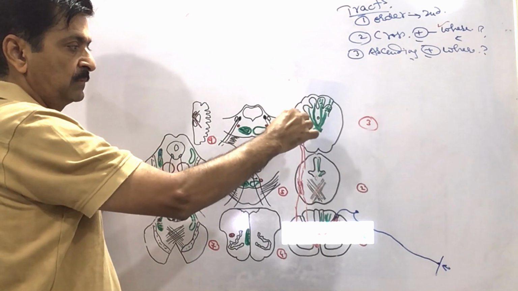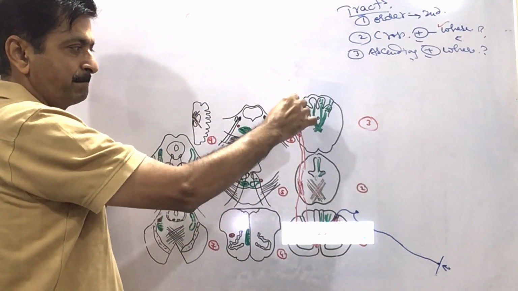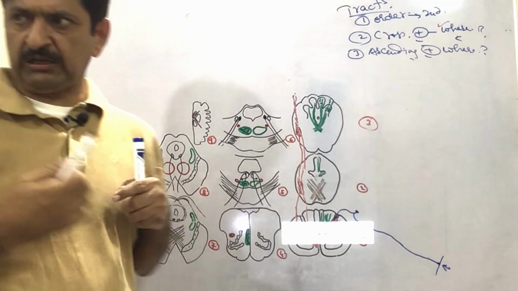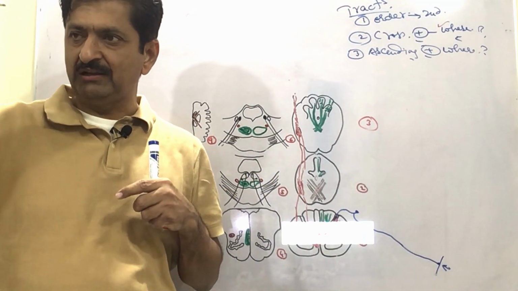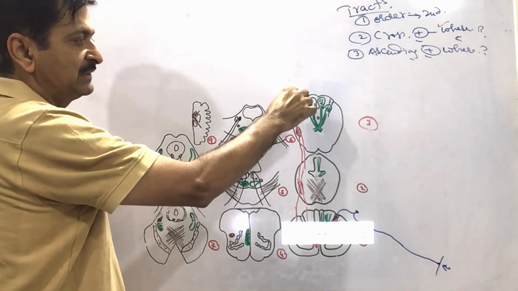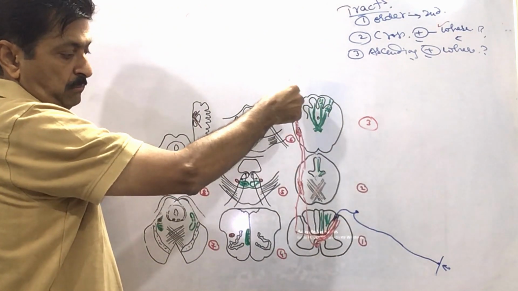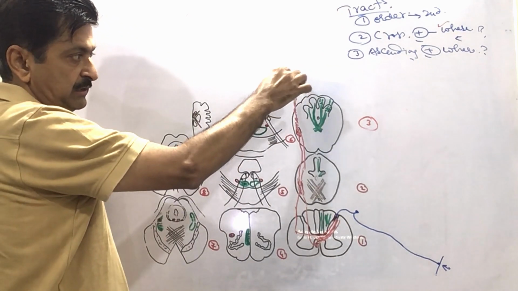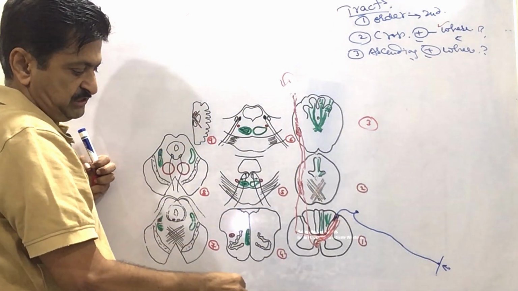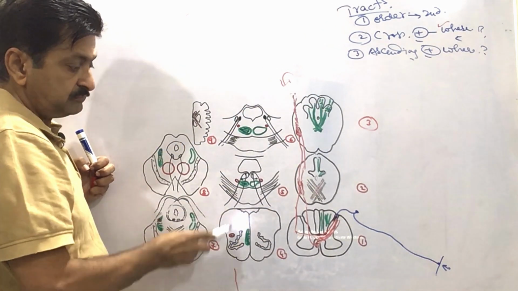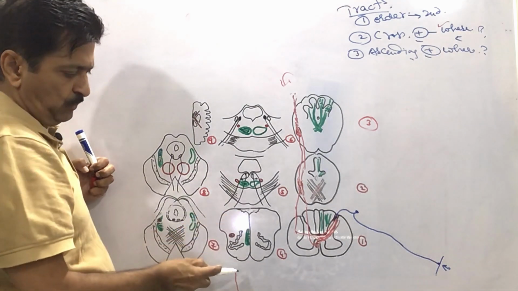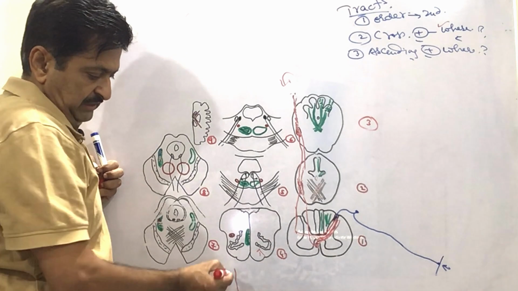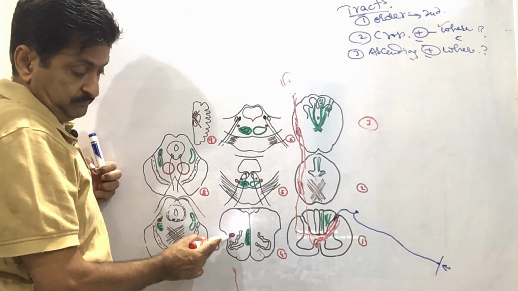Okay. This is what? Spinothalamic tract. Why do you say spinothalamic tract? Because we know that it will finally finish in the thalamus. Okay, this is now the third section. We have cut it here and are bringing it here. This one is in the fourth, and now this is here. Which medulla is this? This is my fourth ventricle, upper medulla. How do you say this is upper medulla? Because of this. Okay, this is going here. See this red color.